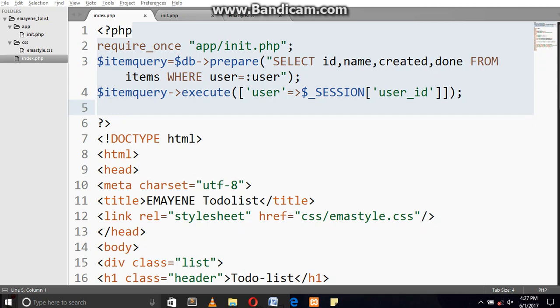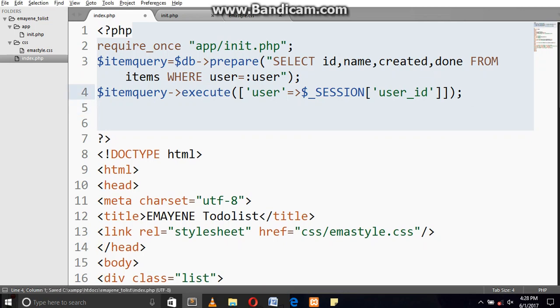Okay, alright guys, welcome back to another tutorial on how to create a to-do list using the PHP programming language. So in the previous tutorial we selected some columns from the items table and set some condition for the user. So what I'm going to do for this tutorial,